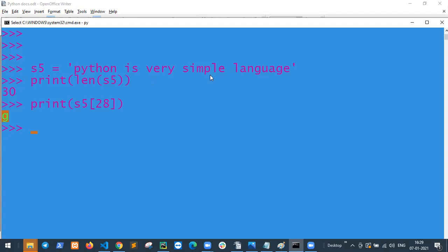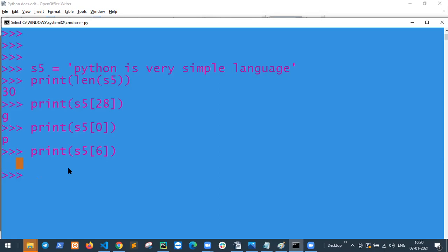Counting starts from zero. Let me show you: 0 is P. And 0, 1, 2, 3, 4, 5, and 6: 6 is a space. So when you want to access a character, the spaces are included in the count.